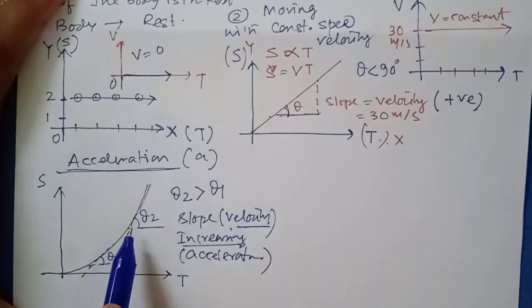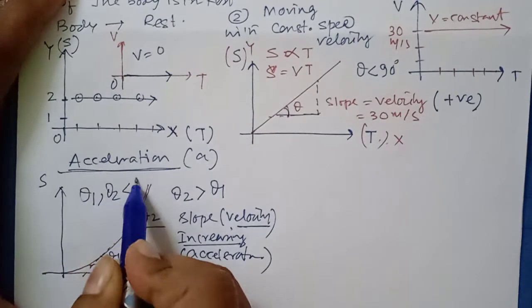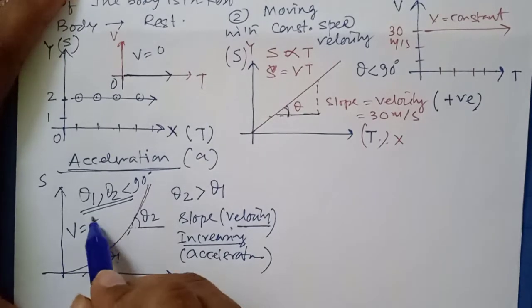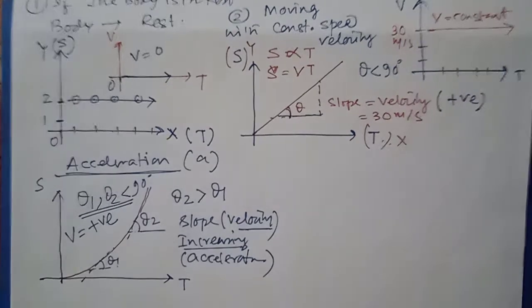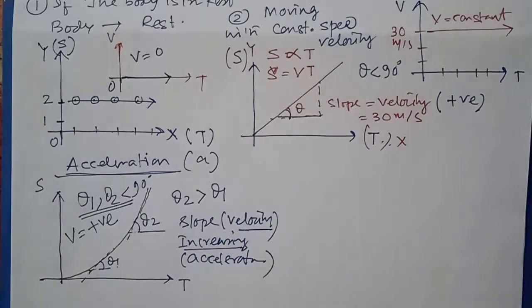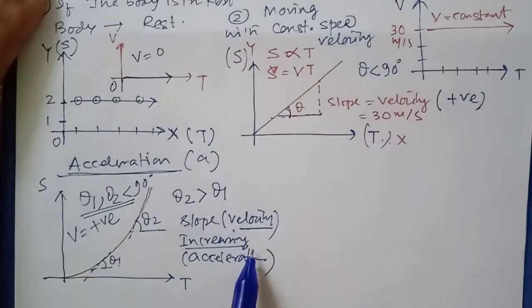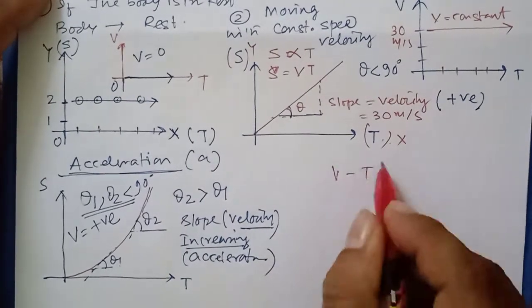So see, students, here theta is an acute angle, theta 1 and theta 2 both less than 90. Acute angle means velocity is positive. So if you draw the velocity on the VT graph, you have to draw the graph in the positive quadrant because velocity is positive. But velocity here is increasing because of acceleration. Right. Next, the corresponding VT graph. Your responsibility to draw the corresponding VT graph. Let's do it. VT graph.